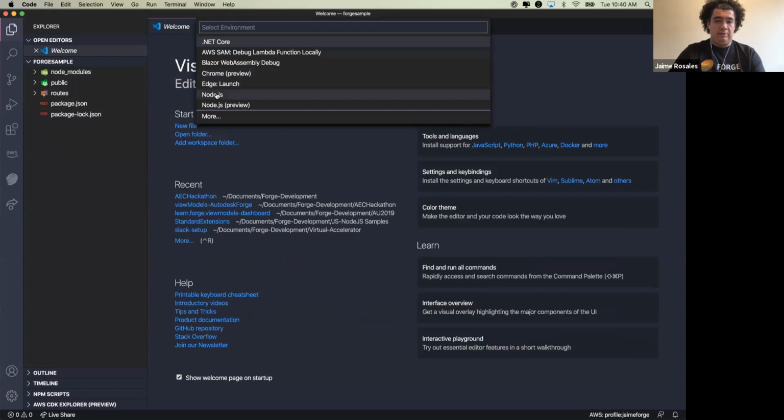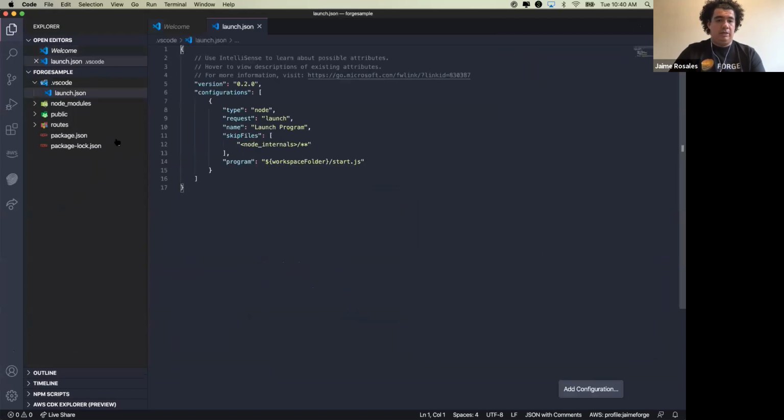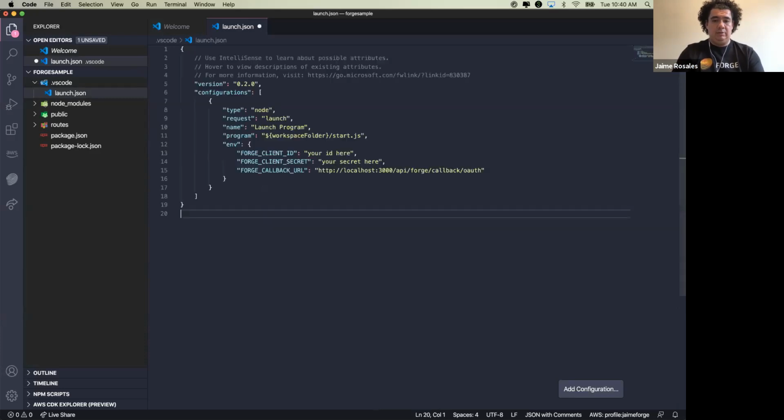we can select Node.js. And now Visual Studio Code added a new folder, which is called .vscode, with a launch JSON file inside of it that allows us to do the setup in order to have the debugging configuration handle for us. So we can copy all this, kill it, and paste what we actually just copied from the